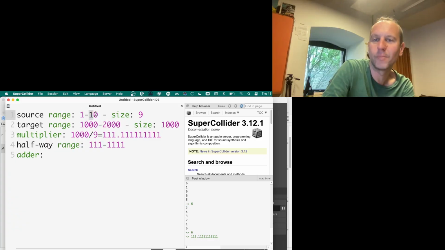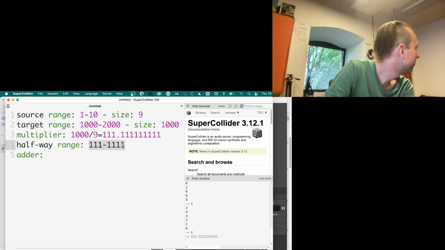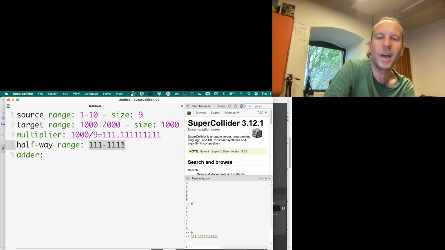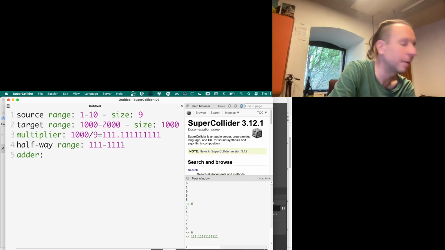I've taken the source maximum times the multiplier. This is my halfway range. But 10 times 111 would be 1110. Yeah, I'm truncating that. I mean, here I've truncated one earlier, here I've truncated one later. It's not a big deal.